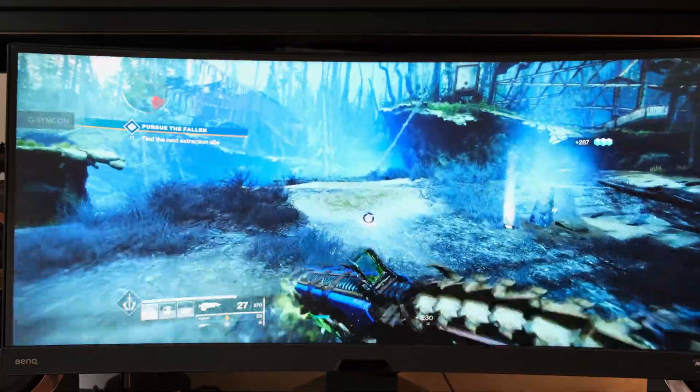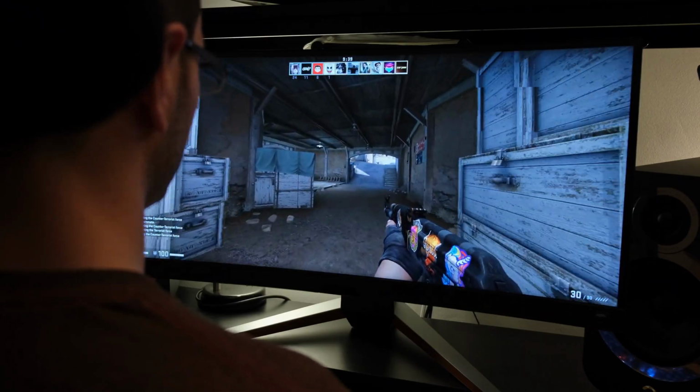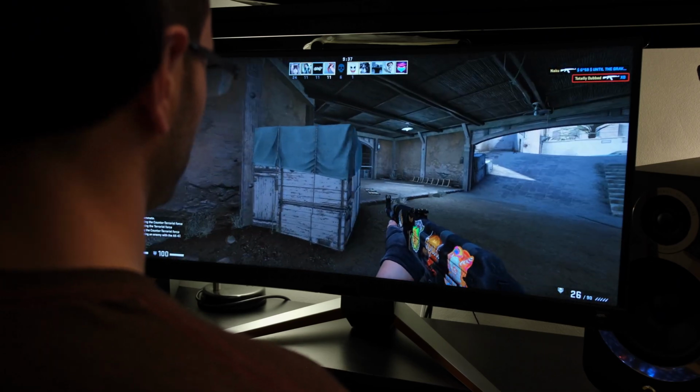I'm just sharing you my experiences. Now, while I'm not a console gamer, I am pretty much a hardcore PC gamer. By that I mean, I like playing competitive twitch-based games such as Counter-Strike, which is pretty much taxing on any monitor in terms of input lag and response time. And here I put it through its paces on CSGO Deathmatch,